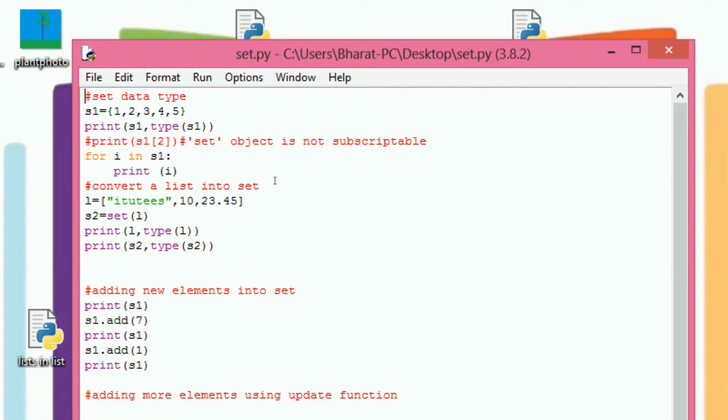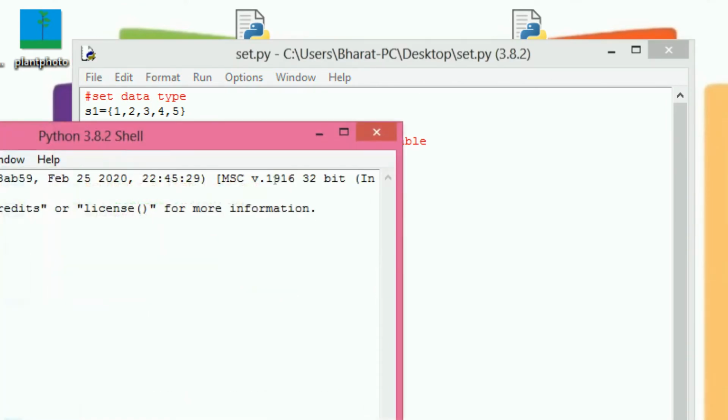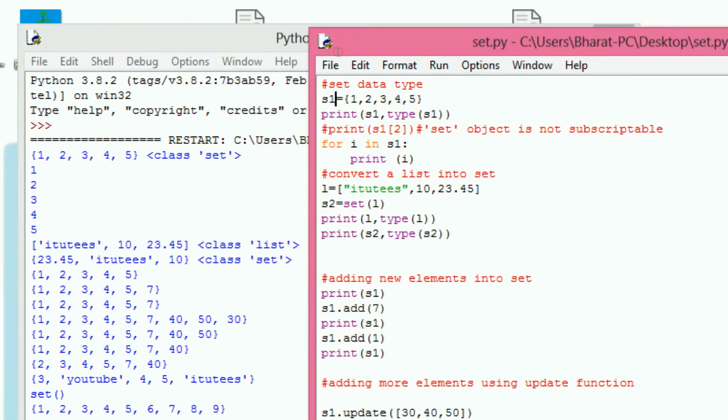This is the set S1 equals to 1, 2, 3, 4, 5. I am defining it as a set by using curly brackets. Next I print S1 and type of S1, it is set.